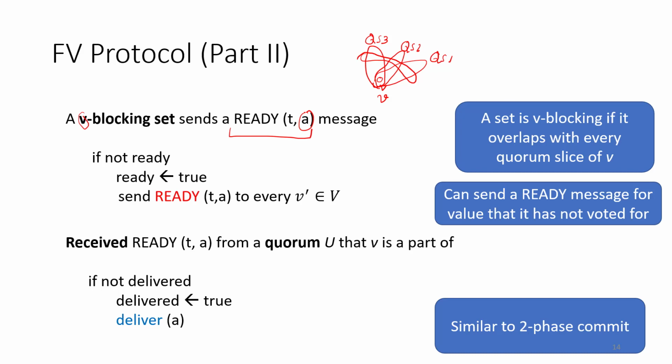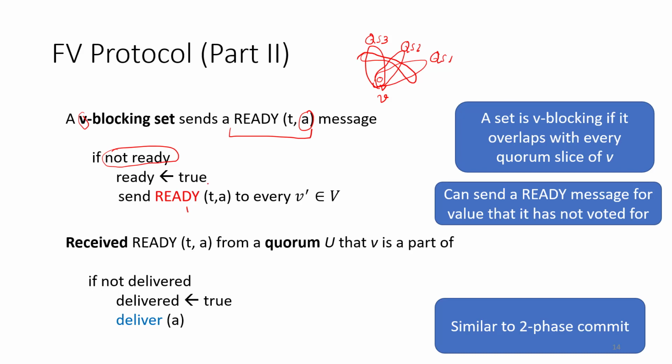It means that whatever I originally voted for didn't find adequate support. But now, given a V blocking set, which means pretty much one entry from every quorum slice of mine, if that has changed its state from not ready to ready, that will remain. It's kind of final. So if I am not ready, because I change my state only once for a given round, from not ready to ready, the moment I do that, I become ready, and then again I broadcast a ready message to every vertex.